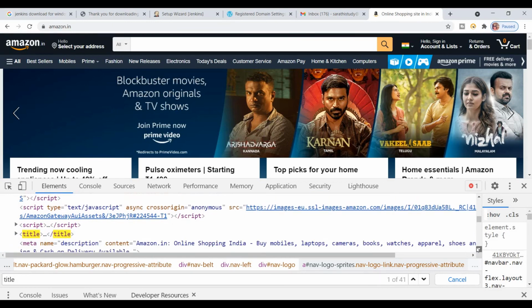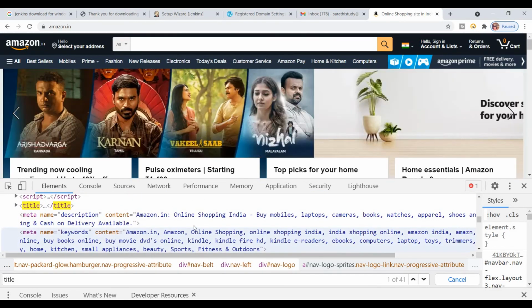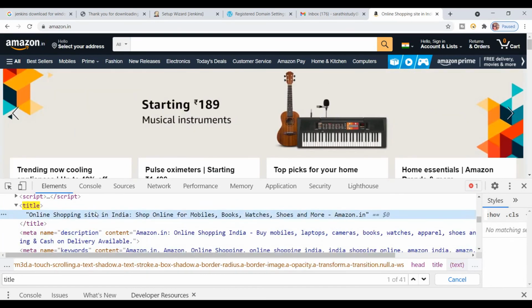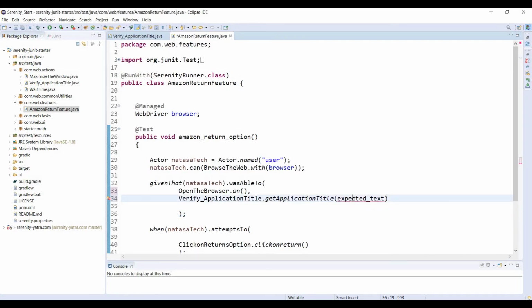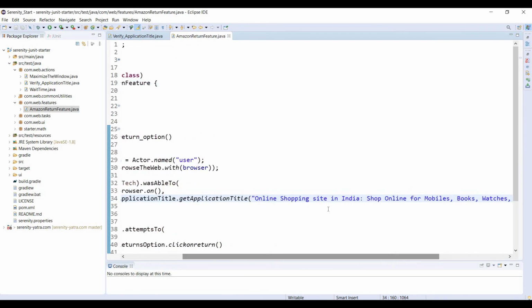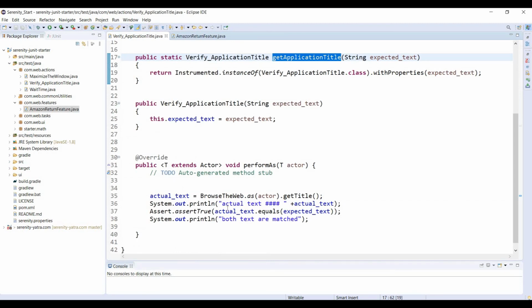Yes, now you are getting the title, right? So this is the content. Click on this, this is the title. You just copy it and paste it here, right? So this is the expected title, which should match this actual text.